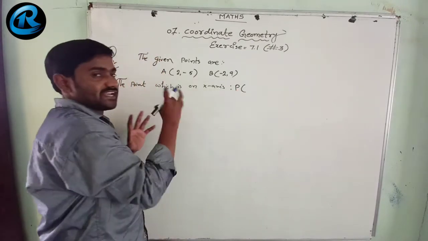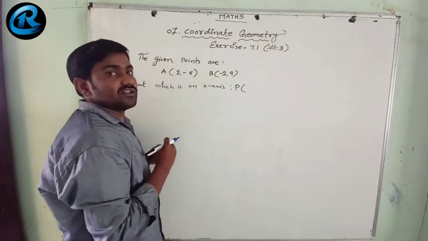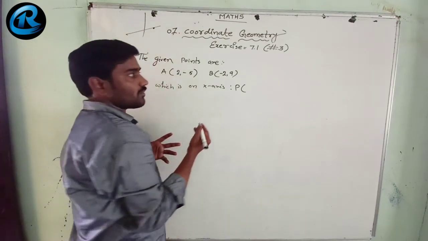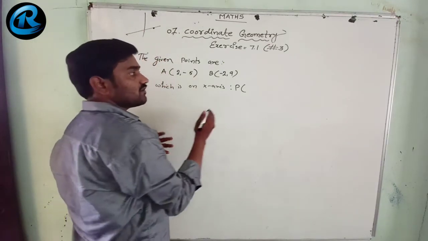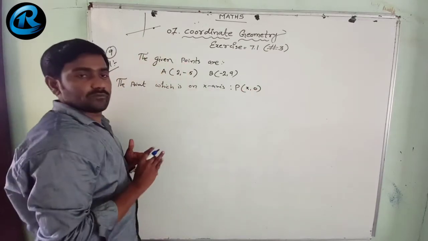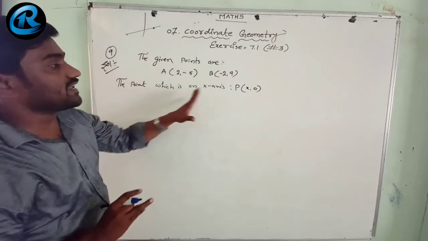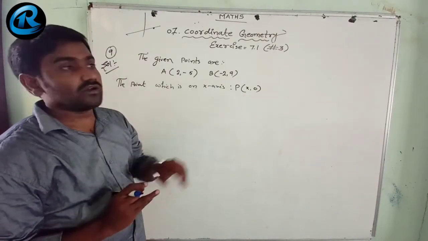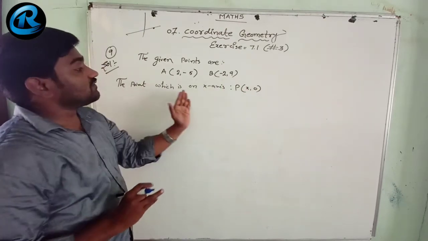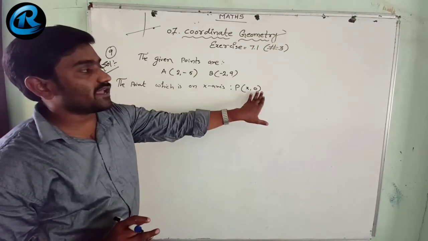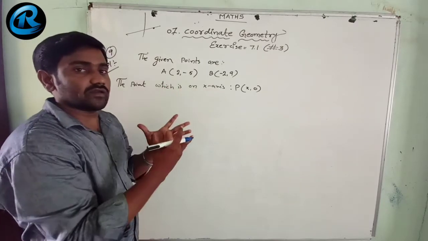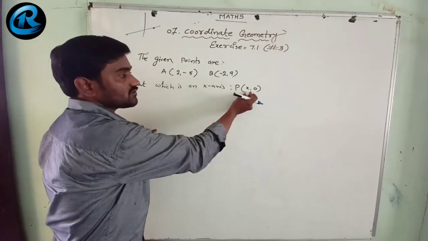Let us assume the point P is on the x-axis. If a point is on the x-axis, that means y equal to 0. So here we take x comma 0, because the y value will be 0. The point on the x-axis is P, x comma 0. Here we need to find the x value where the y value is 0. If a point is on the y-axis, then we take 0 comma y, because on the y-axis there is a y value, and no x value. Here for a point on the x-axis there is an x value, and no y value.